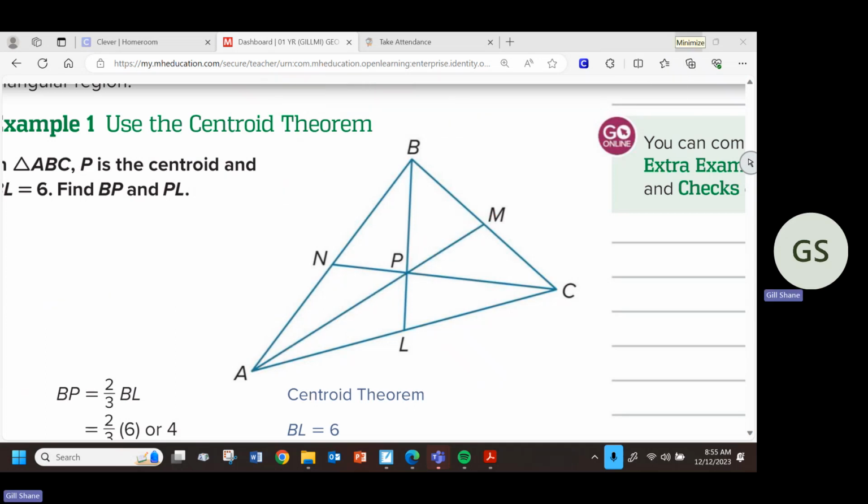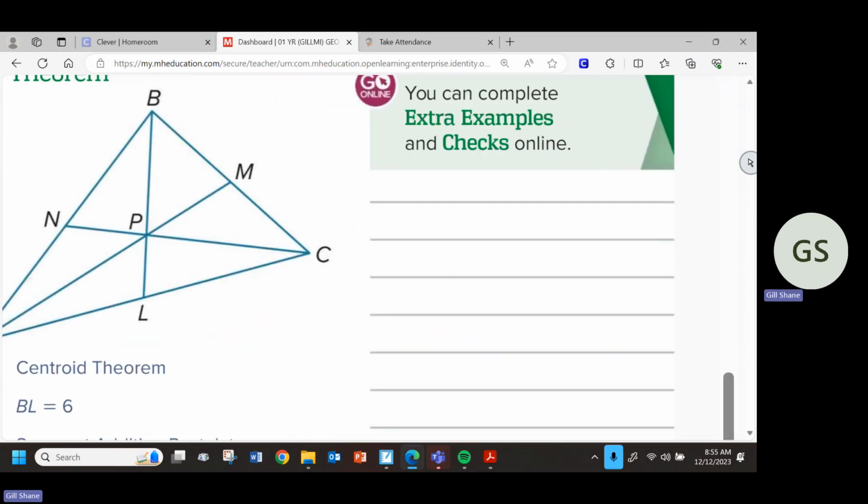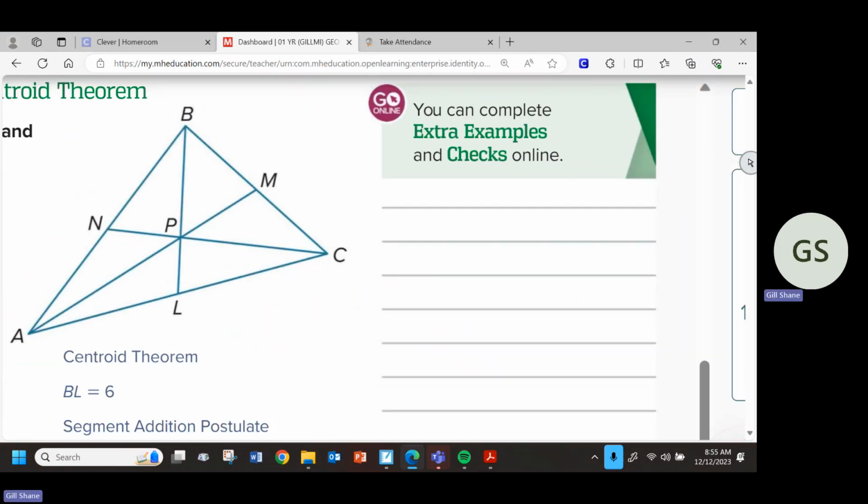Let me make some room first. So here's your relationship when it comes to the centroid. So the total length of the median is going to equal,